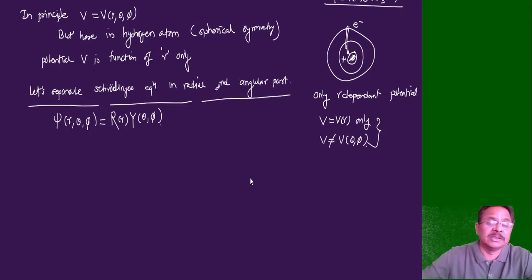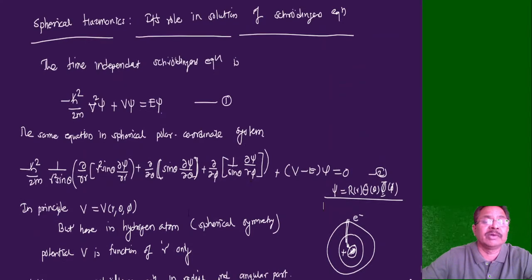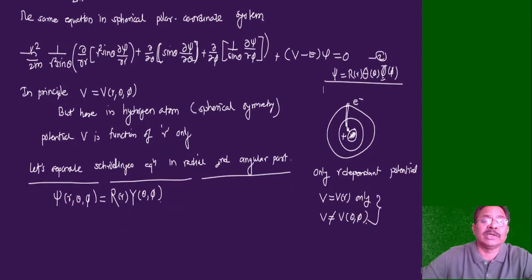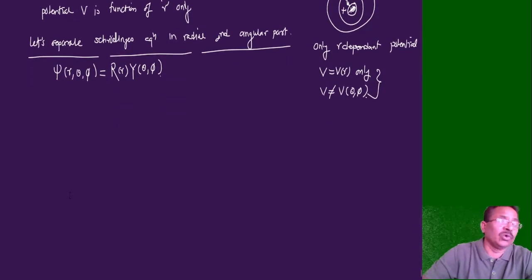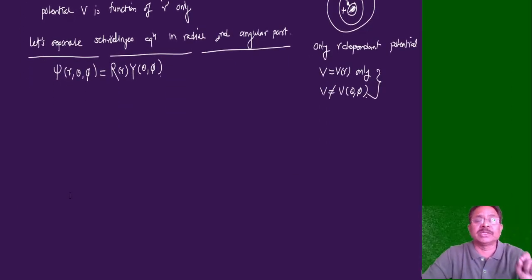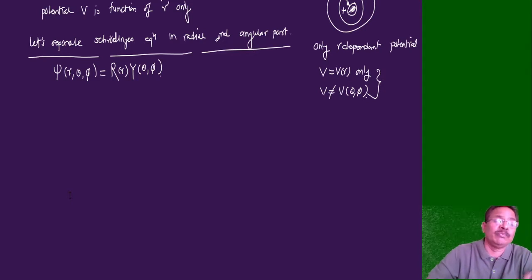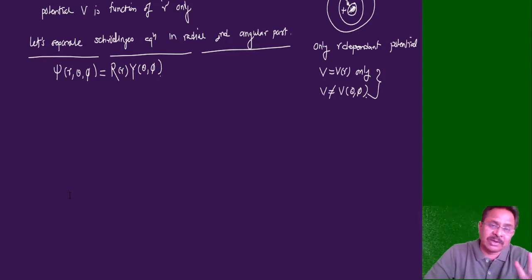So write this psi of r, theta, phi in our equation 1. Psi can be written as capital R into capital Y. It is the same treatment as the method of separation of variables: substitute psi of r, theta, phi by R times Y and divide the entire equation by psi, that is equal to R times Y.